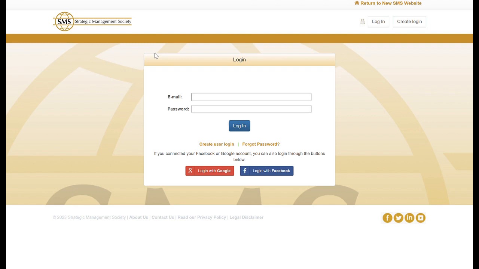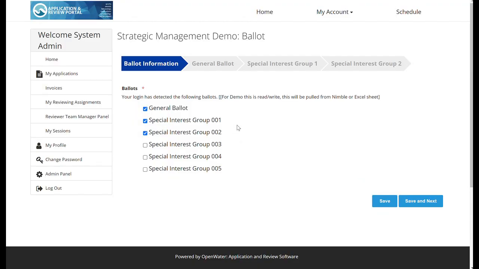In order to figure out which ballots they should be allocated, the system can look at their sign-in status and look at all of the special interest groups that they are attached to. So for demo purposes, let's just go ahead and log in. And you can see here that we are taken now to OpenWater as a signed in user. And in this case, it's detected a couple of the ballots that this person should be allocated, again, based on